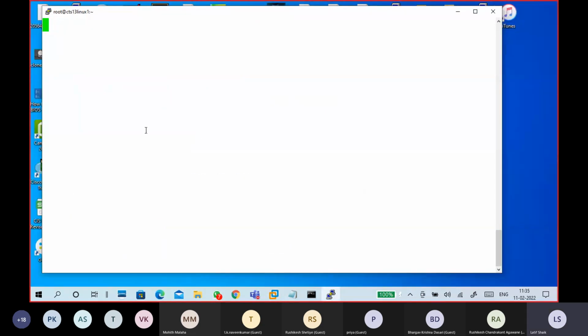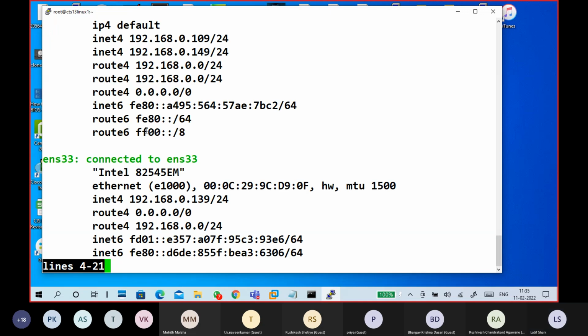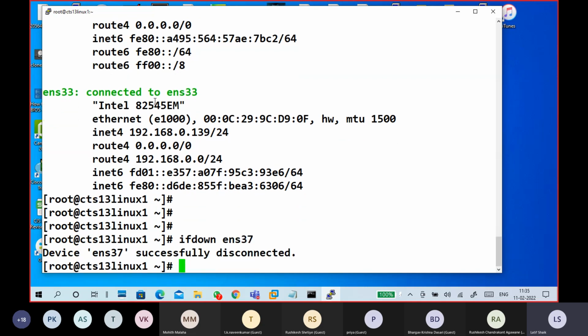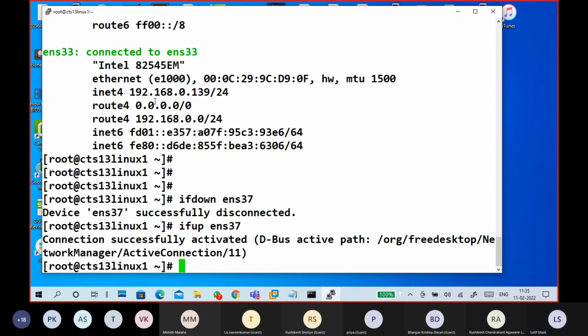I connected with the first one only, but still network. If I use ifdown, ifup, no problem. Which I am using directly: ifdown ens37, so I'm disconnecting it, and also ifup ens37.